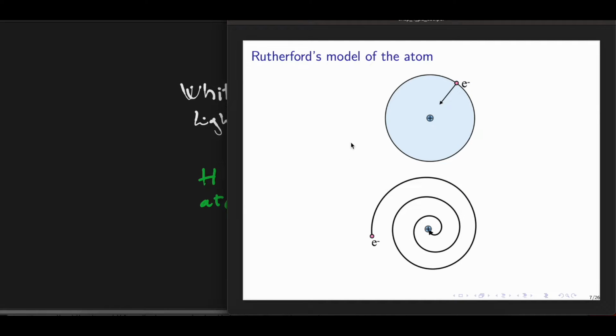A second question was also difficult to answer or to explain from the classical physics at that time. According to Rutherford's model of the atom, the electron, which is negatively charged, orbits around the nucleus that is positively charged. So why doesn't the electron collide into this nucleus, as we can see here? So it became clear that the classical physics at that time was unable to answer these questions, and Niels Bohr in 1913